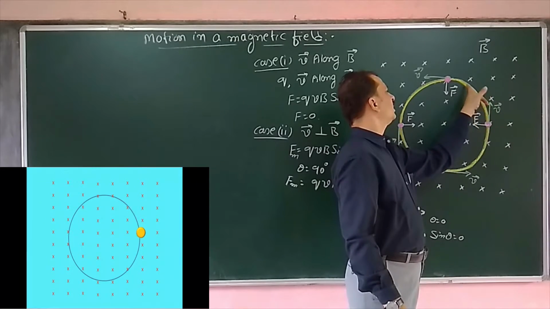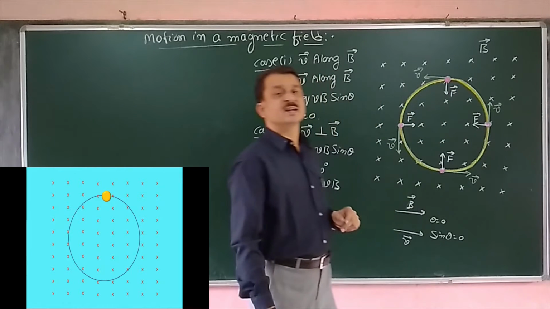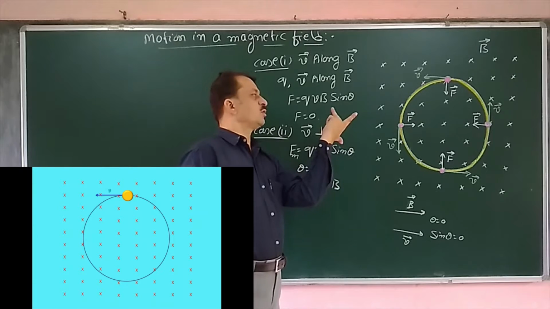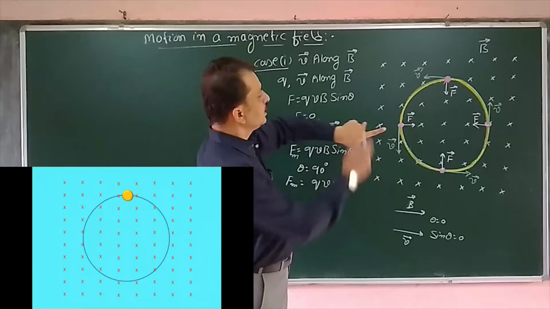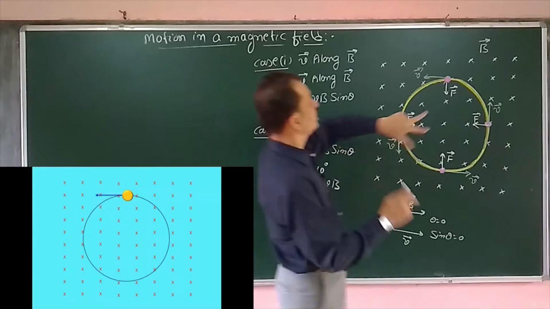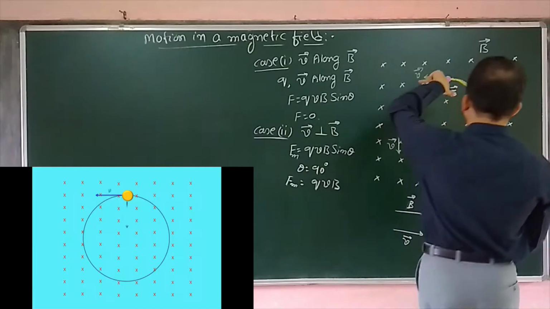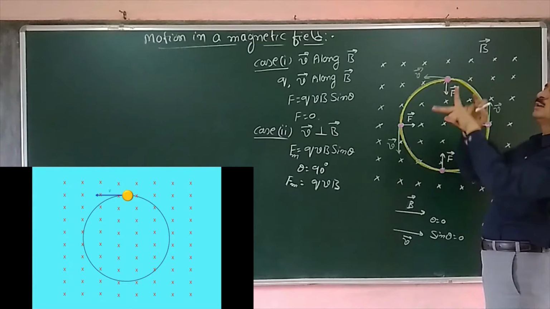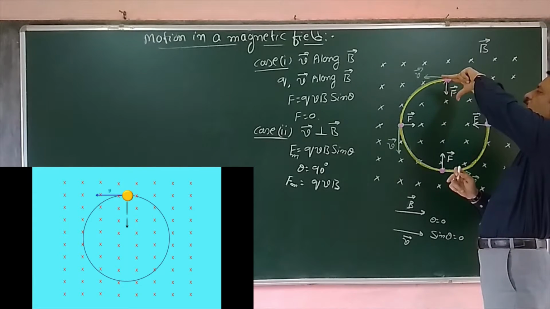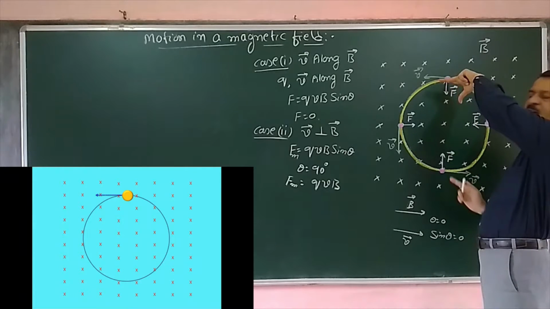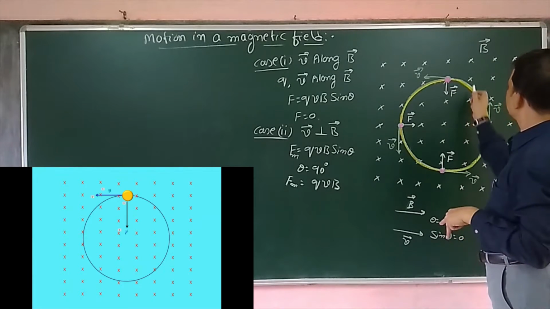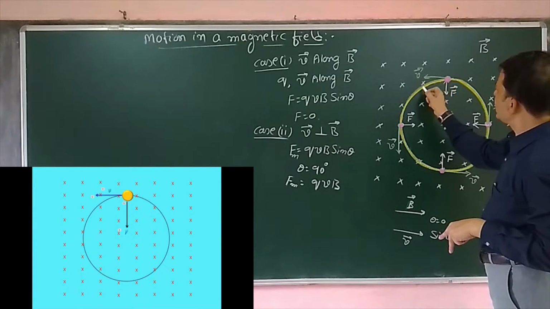It keeps on bending. Now, at this point, where is the direction of the force? Once again, you have to calculate by using this left hand rule. Now, this is the velocity vector. Velocity is in this direction. Now, forefinger is the magnetic field into the board. Therefore, the thumb is directed downwards. So, therefore, it experiences a force towards the center. So therefore, it goes on bending.